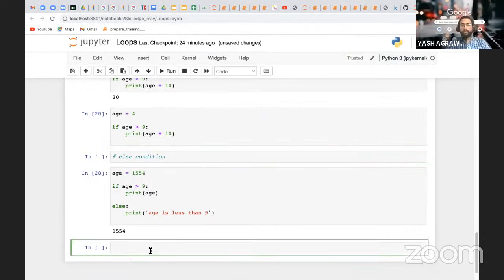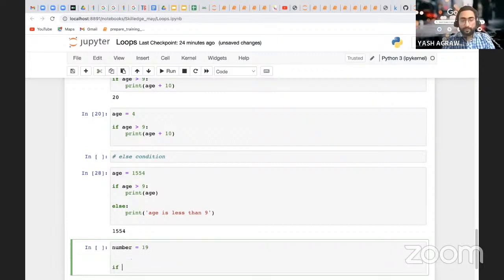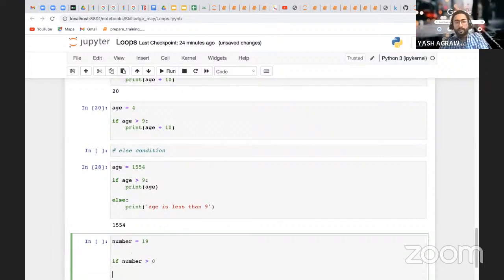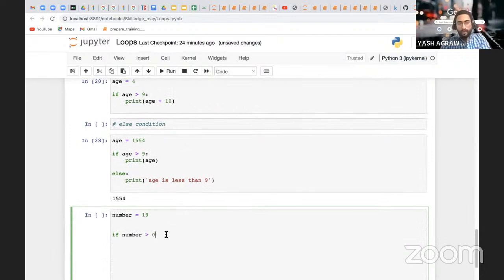Now moving to the other part. Sir, okay. So if I have this way, अब हमारा एक नंबर है, नंबर. ओके, इट कैन बी एनीथिंग. ओके, सो assume 19 है. If number is greater than 0. ओके, अगर आपका नंबर 0 से बड़ा है, ओके, देन प्रिंट